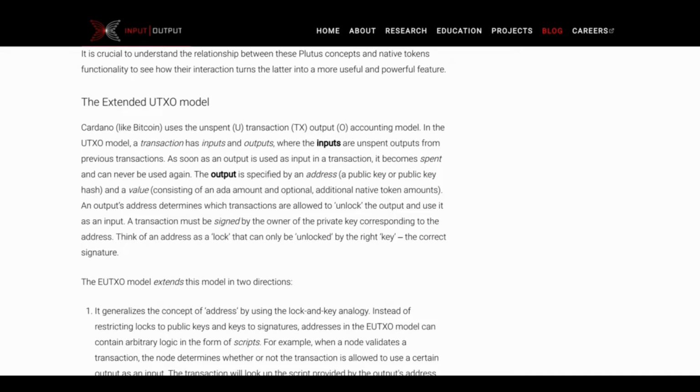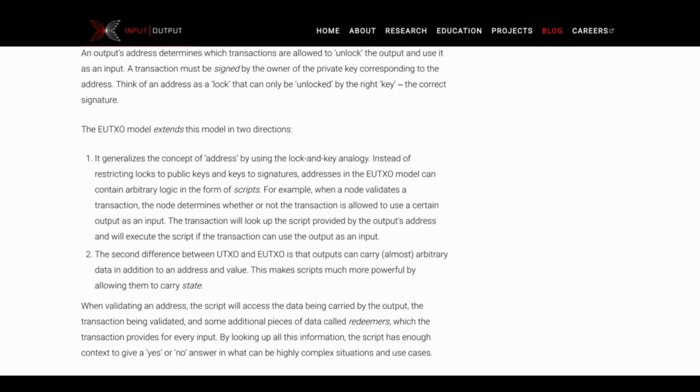You've got addresses, which are a public key or a hash of a public key, and you've got private keys, and signing a transaction with that private key is what allows you to send those unspent transaction outputs, the UTXO, from a certain address to another address, right? That's the Bitcoin system. In EUTXO, instead of the public key or the hash of a public key being the address or the lock in Lars's analogy here, and the signature using the private key being the key that unlocks a lock,